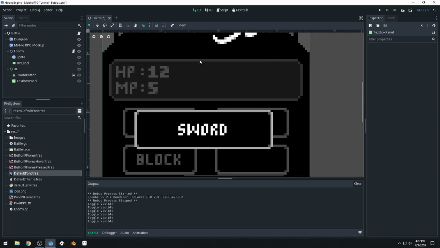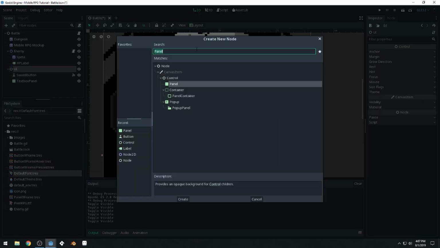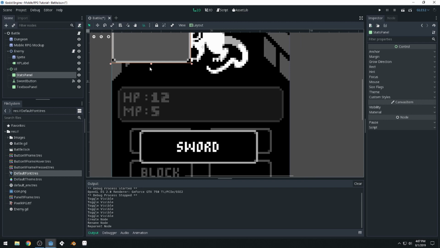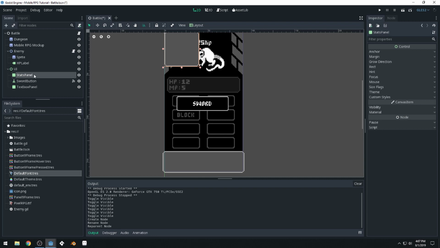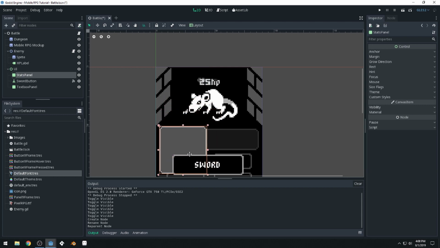And then we have another one up here, so let's do that as well. This one's going to be our stats panel. So let's click on UI, create a new panel, and call this stats panel. I'm actually going to drag this one up above the sword button just because I want the nodes in the scene, since it doesn't matter, I want them to represent the same order that they are in the room as well. Top, middle, bottom, top, middle, bottom. And it just makes it a little bit easier to navigate your